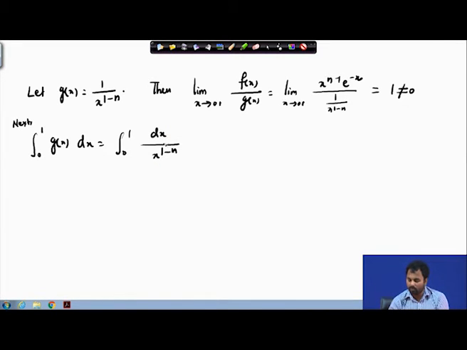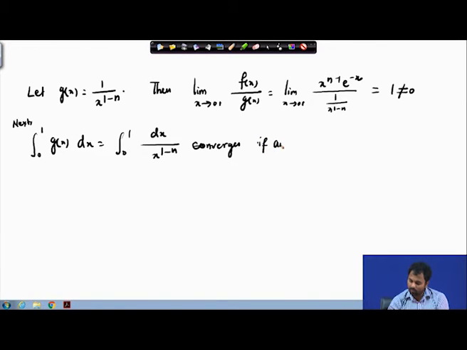So, we can write it as the limit as epsilon goes to 0 positive of the integral from epsilon to 1 of dx by x to the power 1 minus n, the things which we did in the previous classes. It will be fairly easy to check its convergence, so I am skipping that step and writing for you that this integral converges if and only if